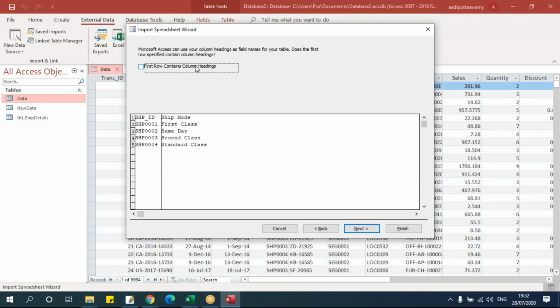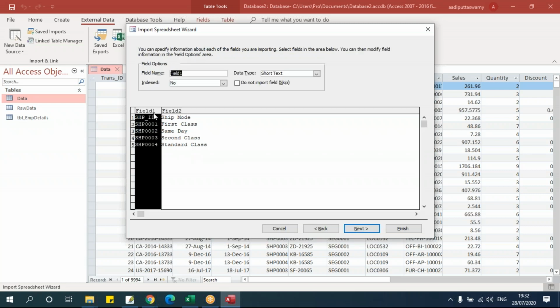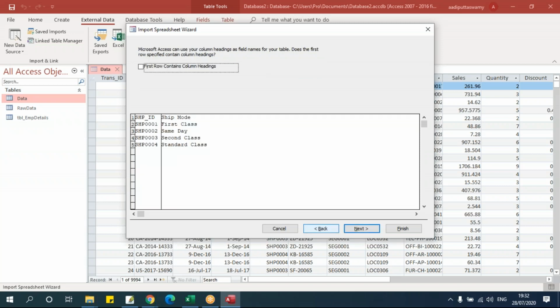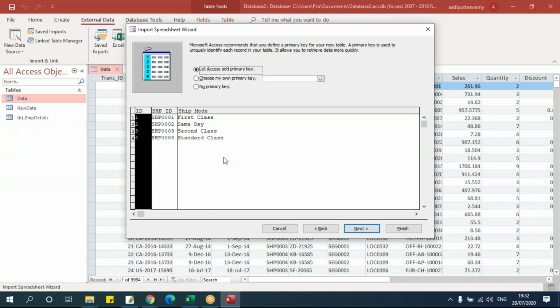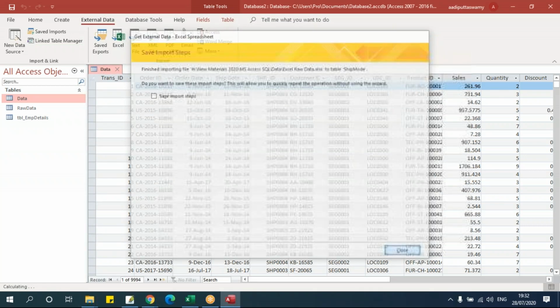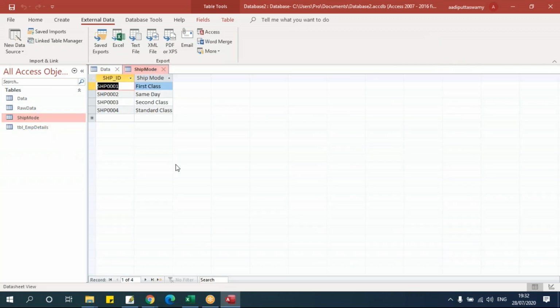If I'm not selecting this, this will be the data. Now let's say next. You see it says field 1, field 2, and you can see the data here, ship ID. So always make sure that you select this so that I'll get the proper headings. Let's say next, next, no primary key, next, and say finish. See, ship mode. That is, I imported two different tables from the same workbook. Likewise, I can take all the tables from that same workbook.